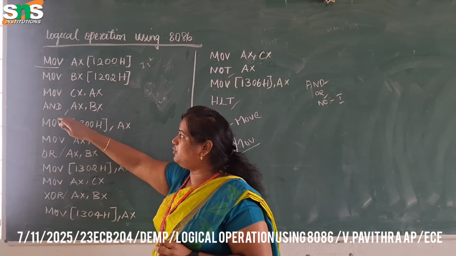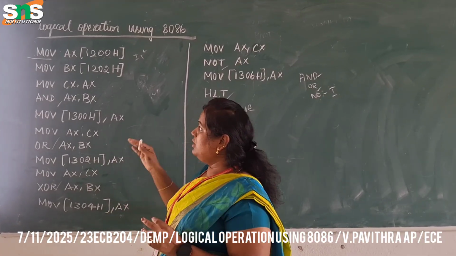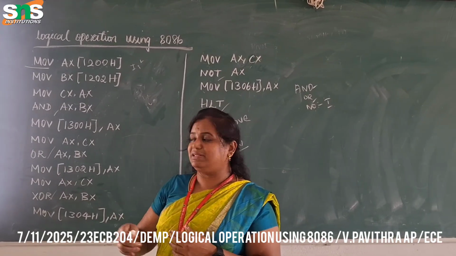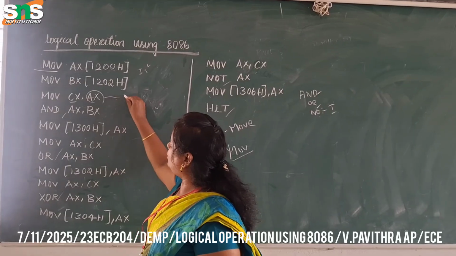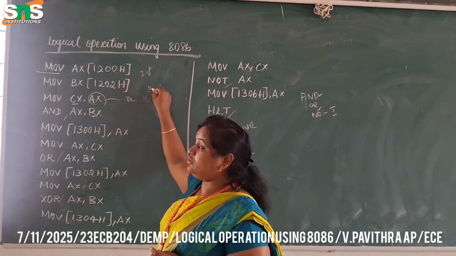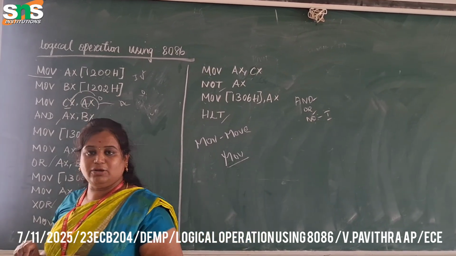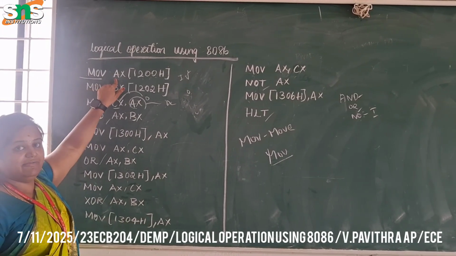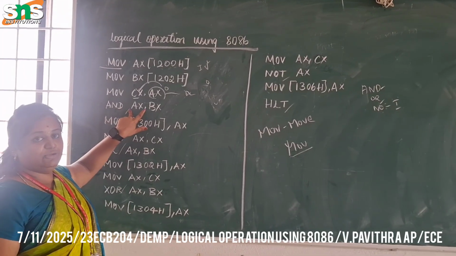Then the third step: the data has already come to AX and BX, and we directly go for the AND gate. What will the AND do? It will multiply the two values. Before that, whatever operation we are performing, we should keep it in one temporary register, that is called the CX register. This AX denotes the accumulator. The accumulator value, for example, here it is 10, means 1 into 0 is a 0. So the 0 value is going to move into the CX. And then the next step is AND. We already have the first data in AX and the second data in BX, so it's going to AND them.